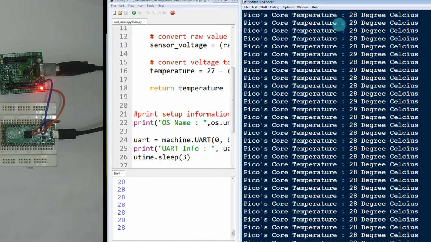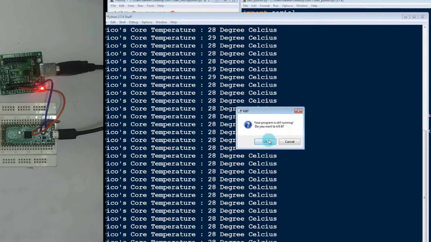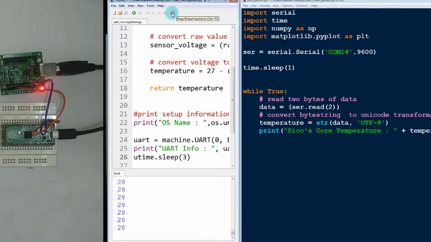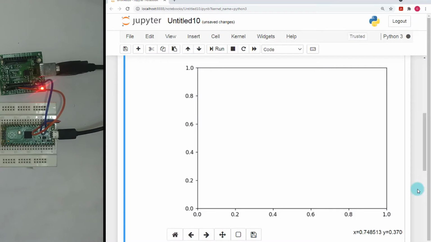So let me just close this Python shell. Let us stop the MicroPython program and let me move to the Jupyter notebook, and this is a simple program. So here we are plotting the real-time data using Matplotlib.